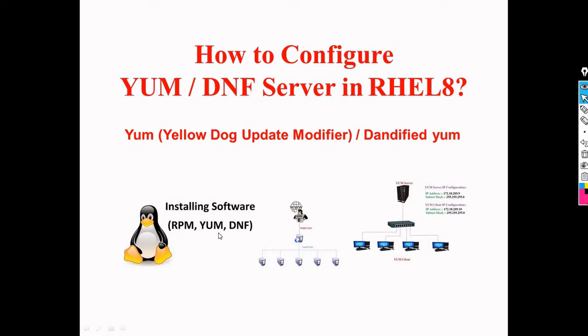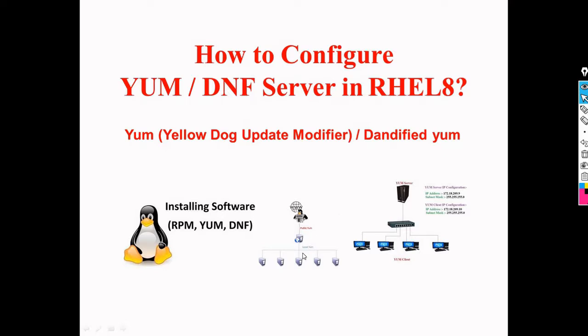Some of the packages will have dependencies, so those have to be searched and installed using either yum, and DNF is the latest installer. So yum is Yellowdog Updater Modified, and DNF is Dandified Yum. Actually, it does not have any abbreviation.